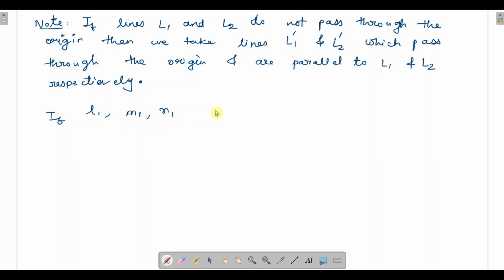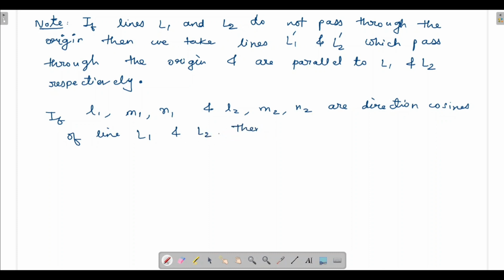Okay, so if L1 M1 N1 and L2 M2 N2 are direction cosines of lines L1 and L2, then angle theta between two lines